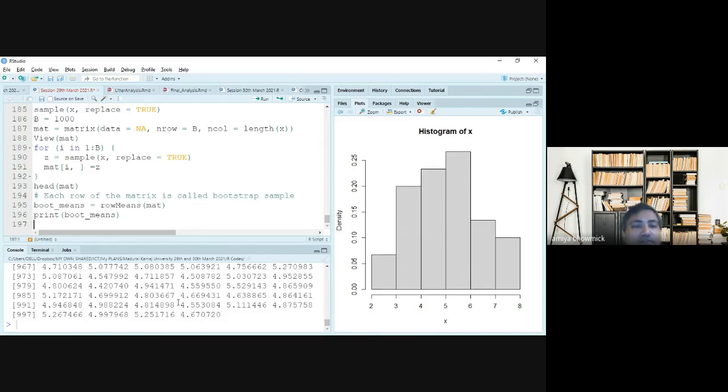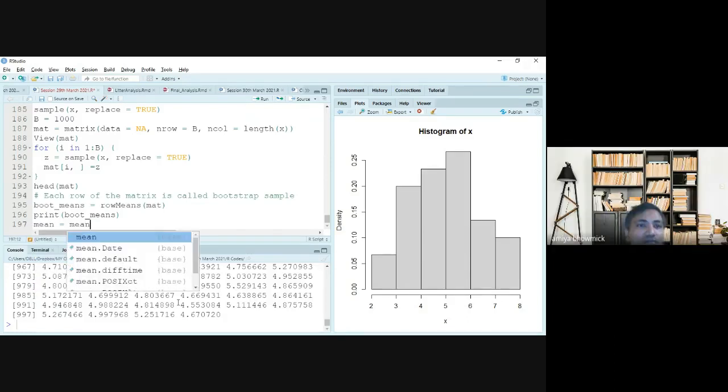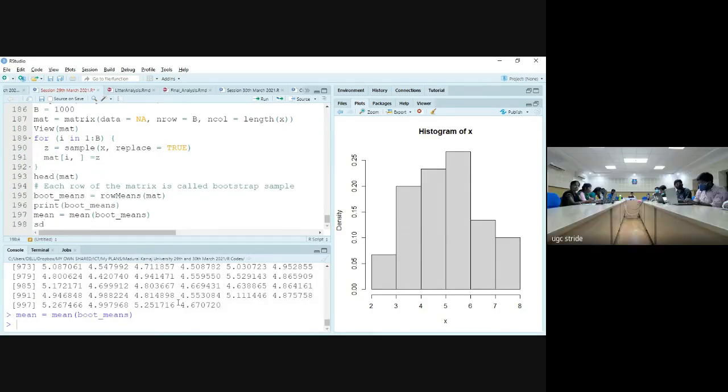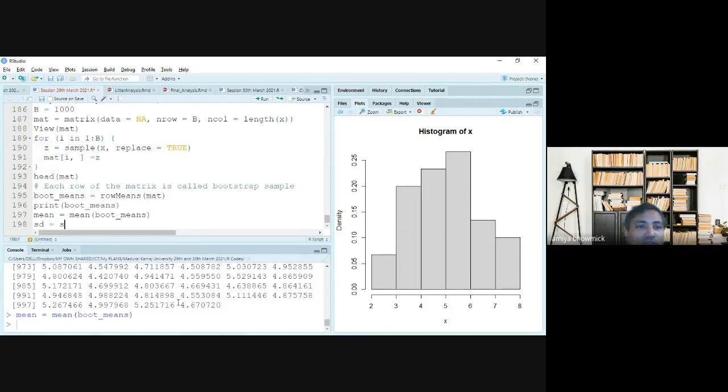And for each of the samples, I computed the mean, and we call these the bootstrap means. Now I am declaring my final mean value as the mean of this boot_means, and the bootstrap standard error is going to be the SD of these boot_means values.